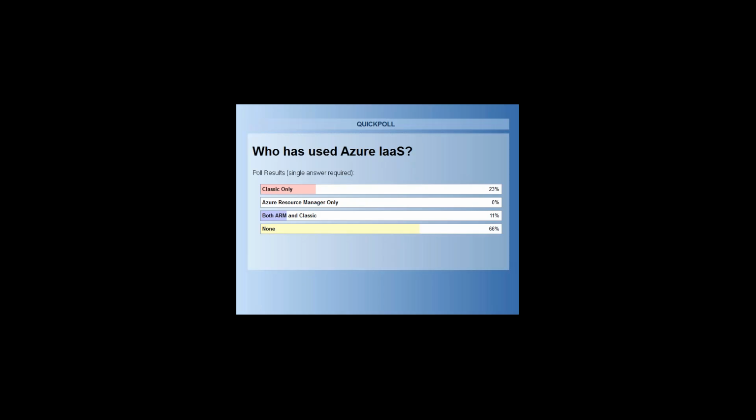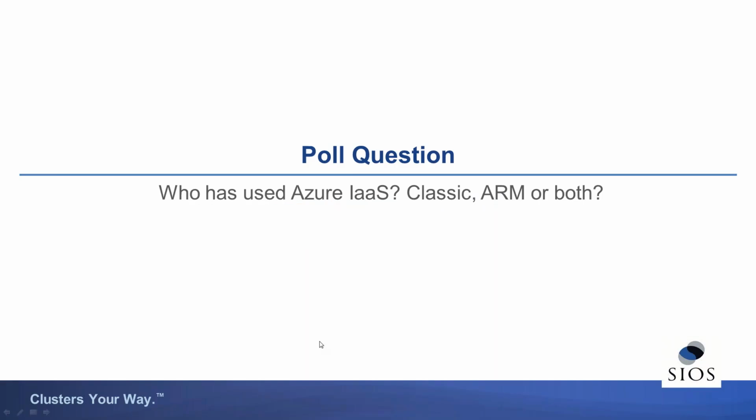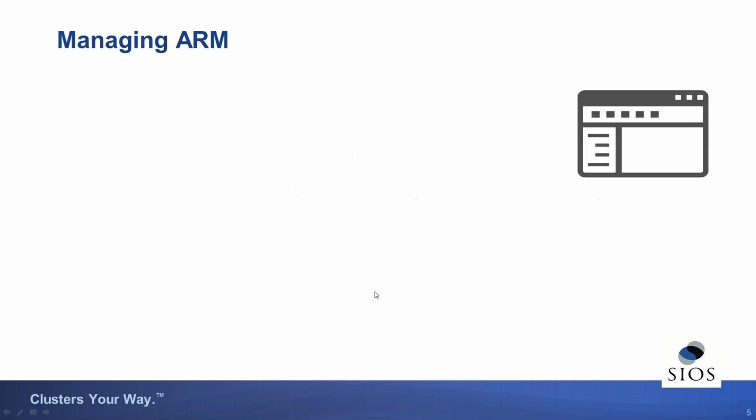So we have 66% said none, 23% said Classic only, 11% said both ARM and Classic, and 0% Azure Resource Manager only. Okay, great. Well, that gives me a good idea of your experience. So that's very helpful. So first thing we want to do is look at managing ARM and what are your